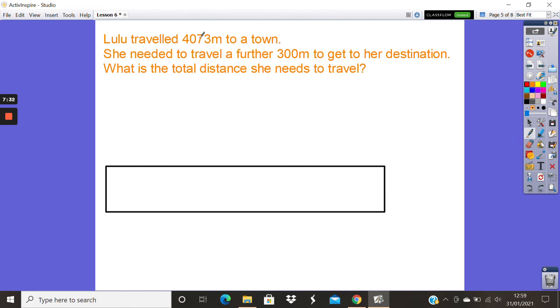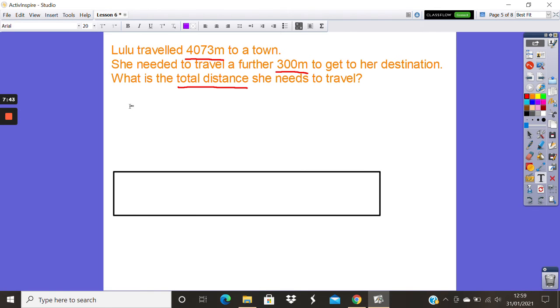So we've got the two parts here. We've got 4,073 metres. She needs to travel a further 300 metres and we need to find the total distance. So we're going to add those two numbers together. So I'm going to put hundreds, tens and ones to make sure that my numbers are lined up. But in this case, I've got thousands as well because I've got